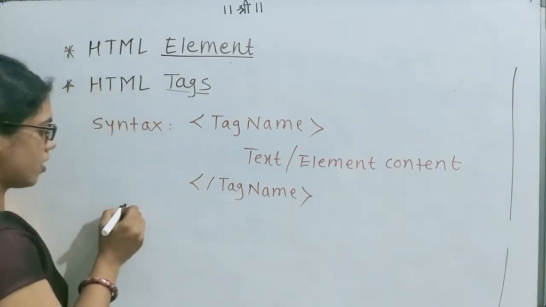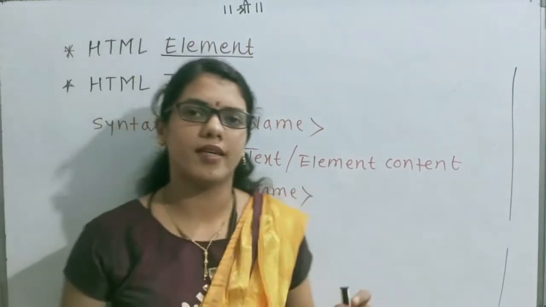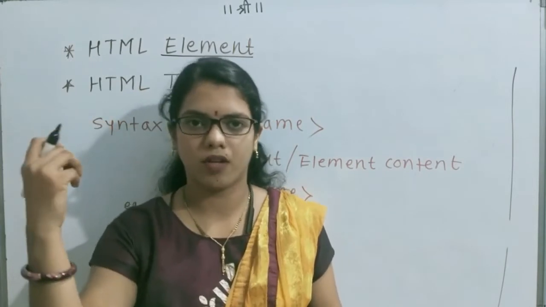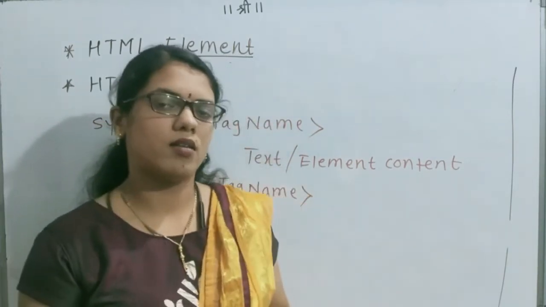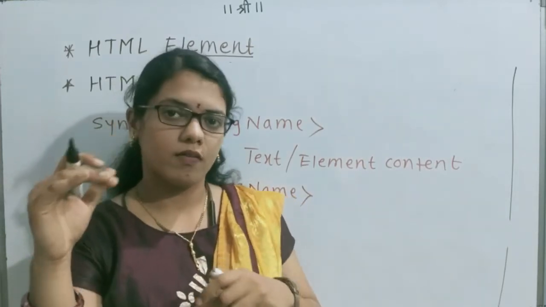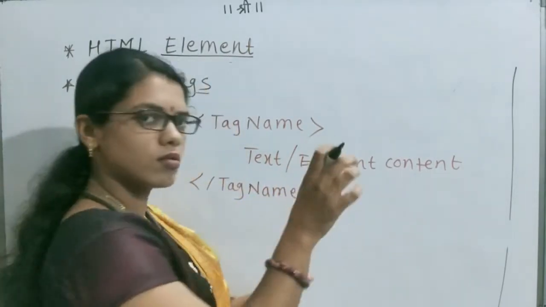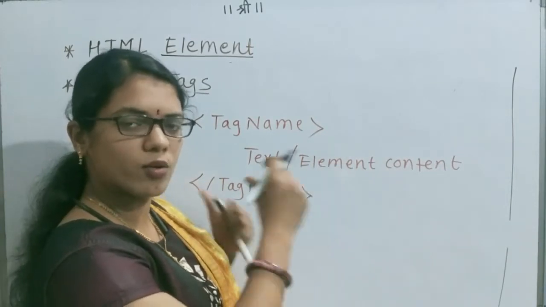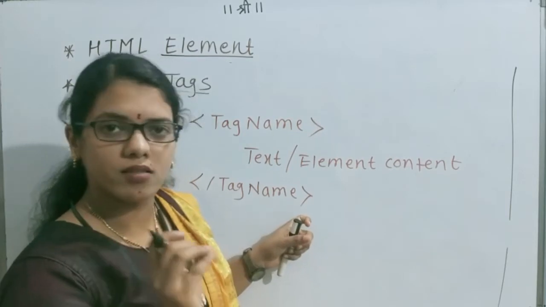So take some examples. In some websites, at the top part, for example, if we are creating our college website and we have to display our college name at the top with a scrolling effect. Scrolling effect means that the text is not constantly displayed on the web page. That text is scrolled from one side to another side. For scrolling the text, the marquee tag is used.